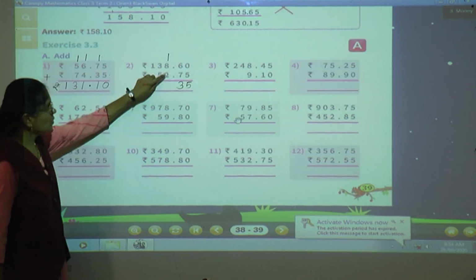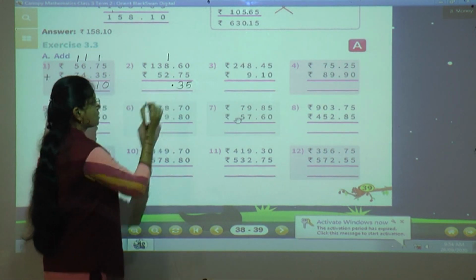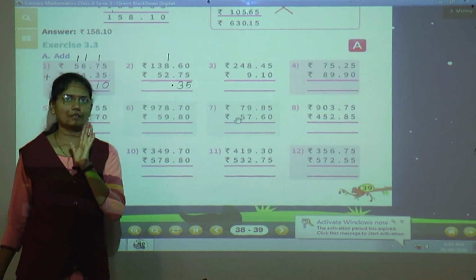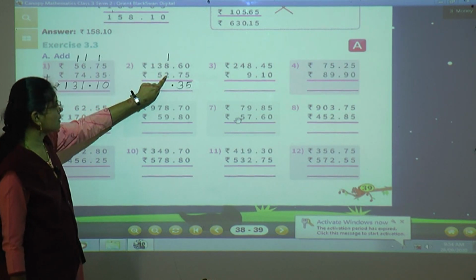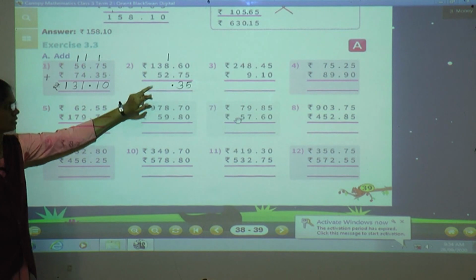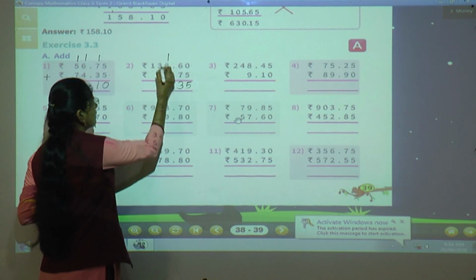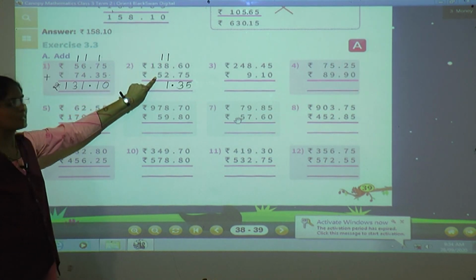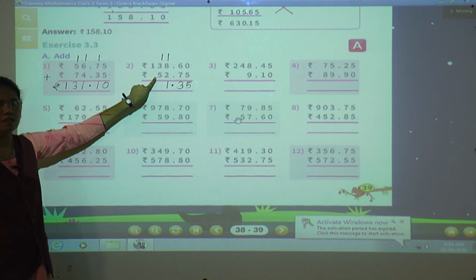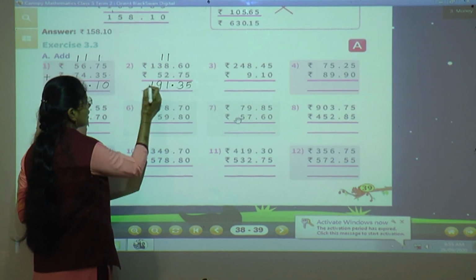Now here see students, here dots are there, points are there. So in the answer also you have to give dots. These three dots should be one below the other. Okay. Now we will add these three numbers, 1 plus 8 plus 2. 1 plus 8, 9. 9 plus 2, 11. Okay. So here we will write 1 and 1 as a carry. Next, 1 plus 3, 4 and 4 plus 5. After 4 count your 5 fingers. 4 plus 5, 9. Correct. So we will write here 9 and this 1 will remain as it is.